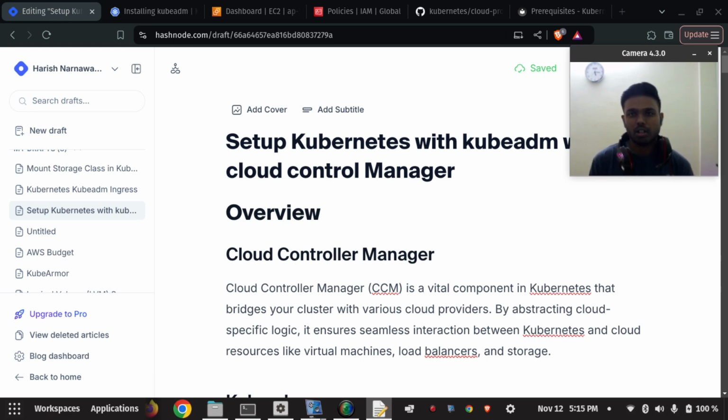Suppose a company wants to deploy their microservices application in the AWS Cloud, and for some reason they don't want to deploy it as a managed service. They don't want to use EKS, right? For some cost issue, they don't want to deploy their microservices in EKS, so Kubeadm can be a great choice for that. So in this video we're gonna see how we can set up a Kubeadm cluster with